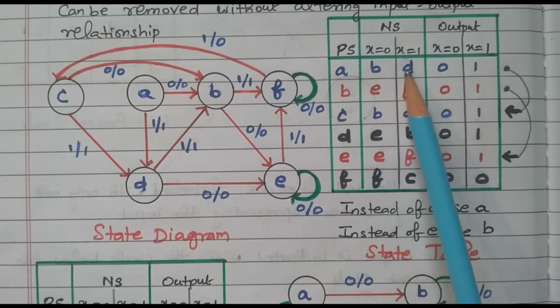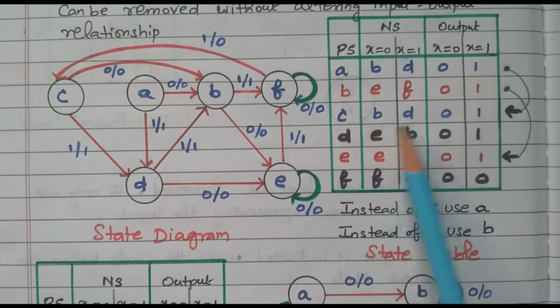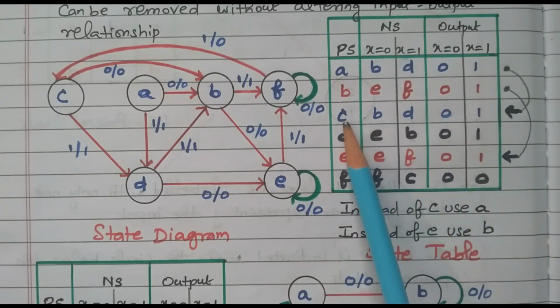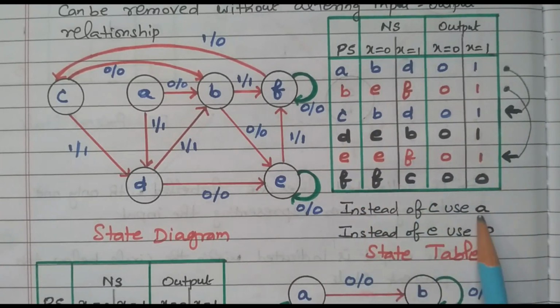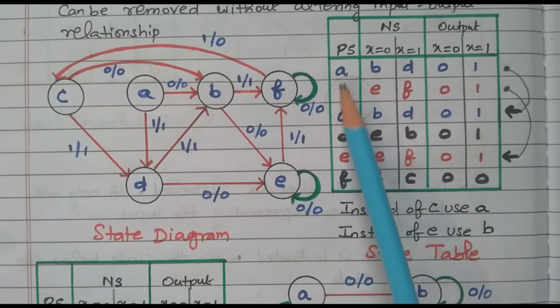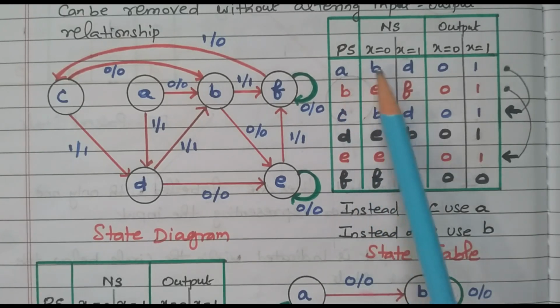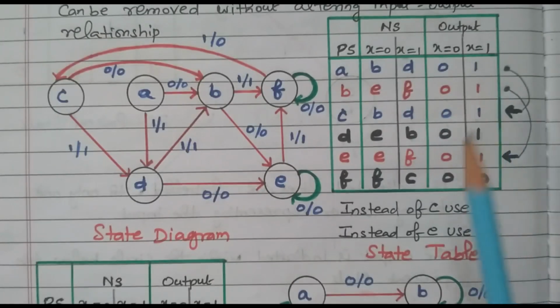From A, B, D, 0, 1, C, B, D, 0, 1, we can avoid this C, B, D, 0, 1, right? So this C is now represented by the A, right? We are replacing this C with A, so that we can take only A, B, D, 0, 1, right? Similarly, these red color lines,